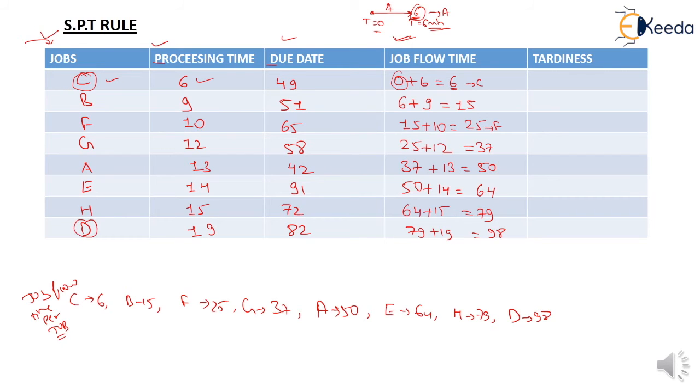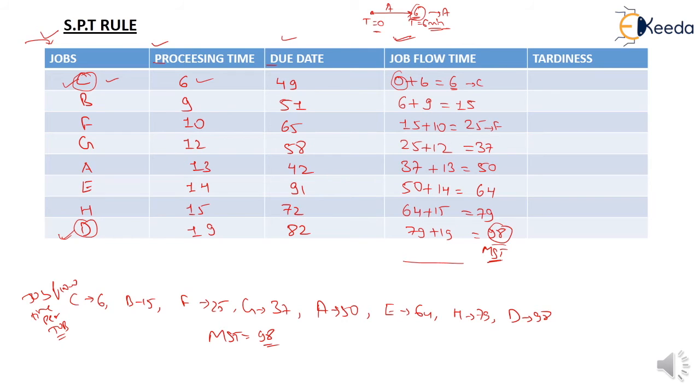In the set, our last job is D. So after 98 minutes our last job is completed. Here the makespan time is the time gap between when processing begins on the first job and the last job is completed in our set of jobs. So 98 is your makespan time. So what is a makespan time, students? Here 98 is your makespan time.